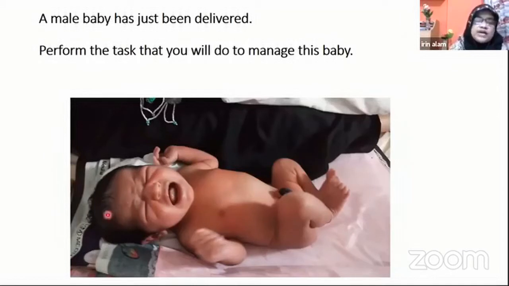You also have to measure the Apgar score, and measure the weight of the baby, and you have to wrap the baby from top to bottom, especially the head with a cap, and then put the baby to the mother's breast for breastfeeding, and skin to skin contact for at least 2 hours. This is the immediate management of the newborn baby. I have also posted a video for immediate management of the baby.